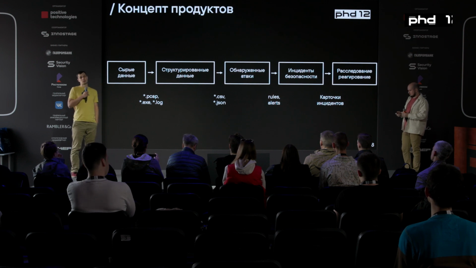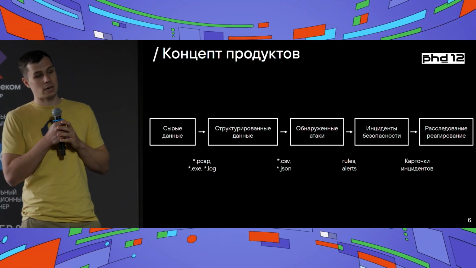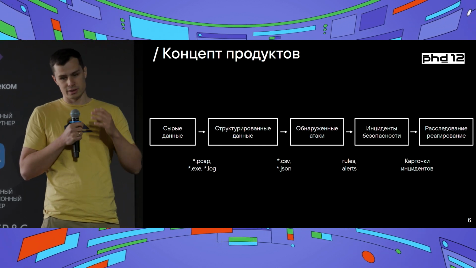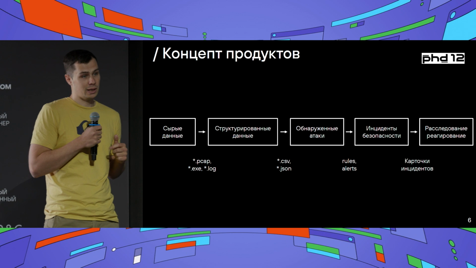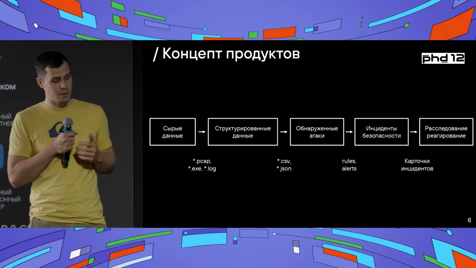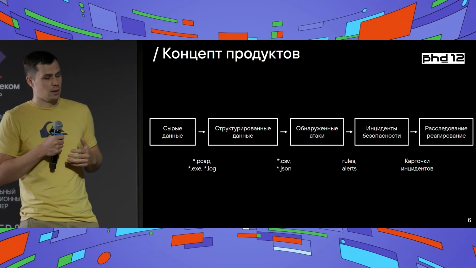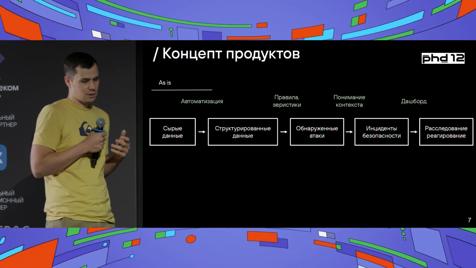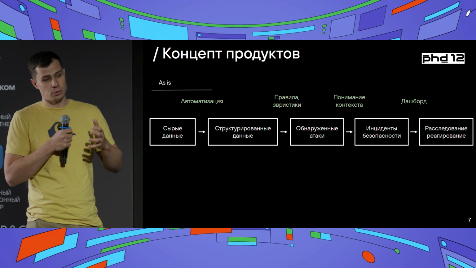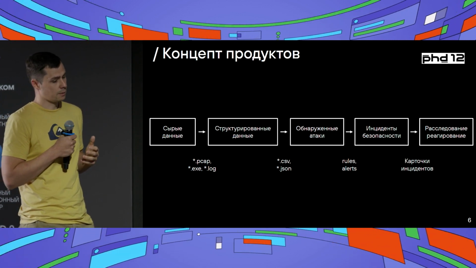Let's start by talking how or where ML comes in and what data we work with. Let me give you a high-level overview of how cybersecurity products work. So suppose we have raw data. That could be data logs, that could be traffic. Those could be executable files. To do analytics, we need to structure them. We analyze the data, we parse them. We structure them. There could be some JSON or CSV structure. And then with this structured data, we can do heuristics and